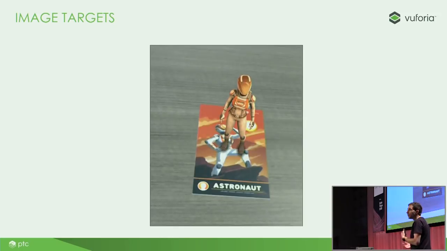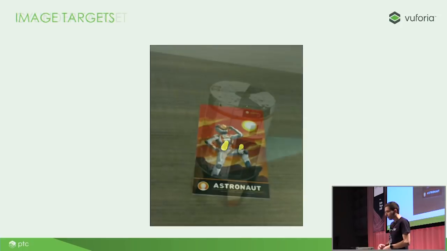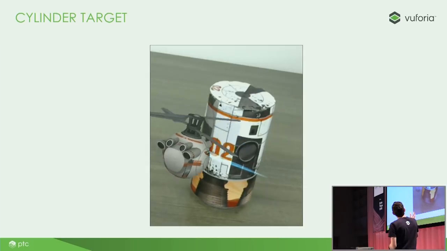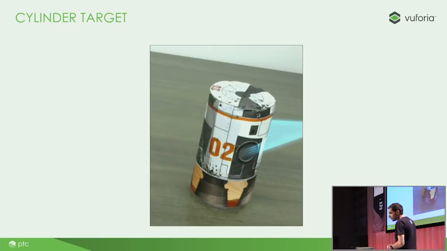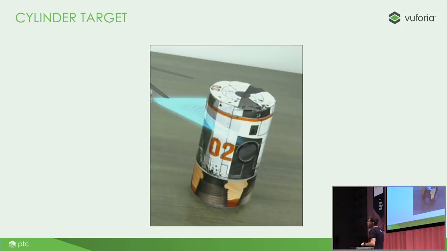So here's a couple examples of some of our object types that we can augment. This is an example of an image target on a game card. これはゲームカードで、いくつかちょっと例をご覧いただこうと思うんですけど、イメージターゲットの例ということですね。 Here's an example of a cylinder target. In this case here we have this toy rocket booster with a drone flying around it. これはシリンダーターゲットというものですね。ロケットブースターが周りを飛んでいるというようなイメージ。